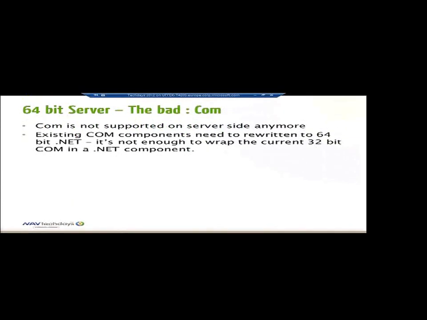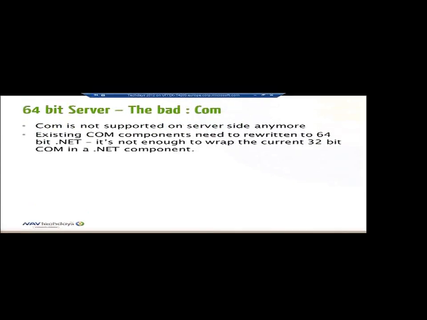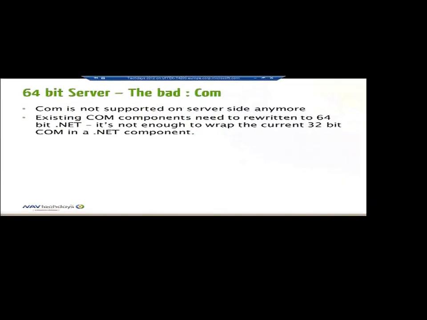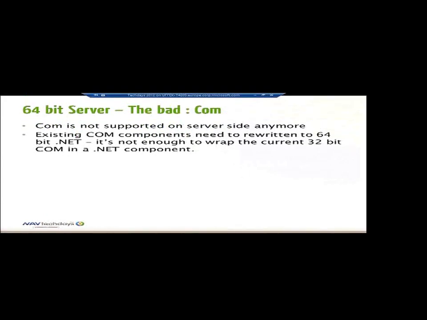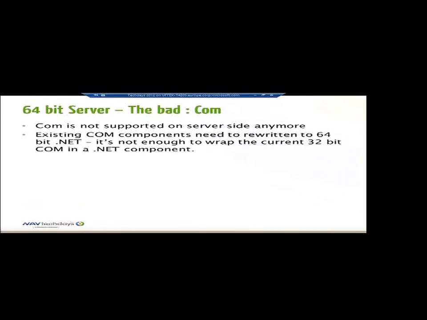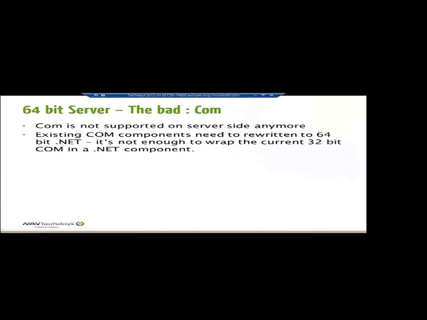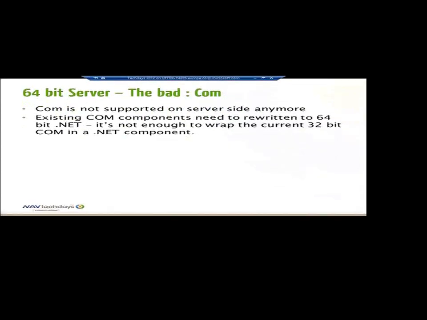Or even better, because as you know, now in NAV you can do more or less native .NET development. You can use .NET types, so many of the things you used to do COM components for earlier, you don't need to. Just write a codeunit and access the standard .NET library from there. Of course, it doesn't solve everything, but in many ways you can do almost anything there. That is correct. There is, however, a way,